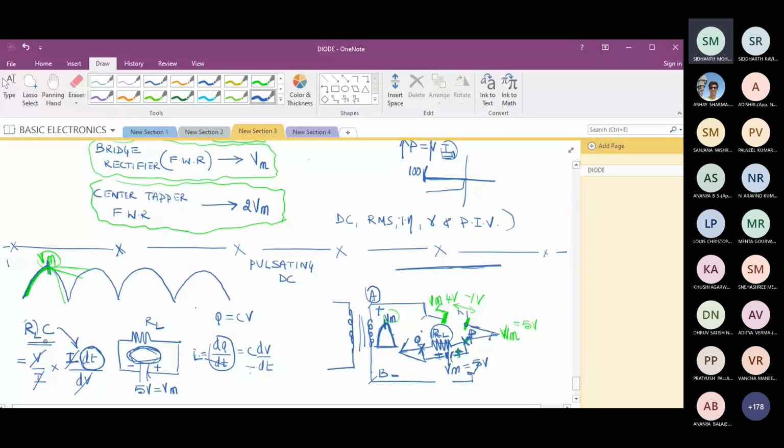If I make this time large enough, what is going to happen? It would discharge very slowly. The time taken by the capacitor to discharge will be more and more. That means slowly it will discharge. So it will discharge like this. Example I am giving, it will discharge like this. All agree with this? Any doubts?